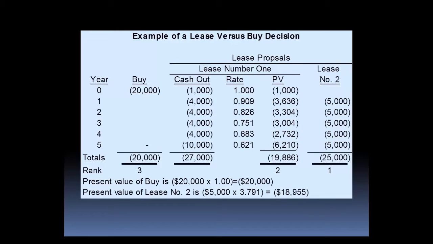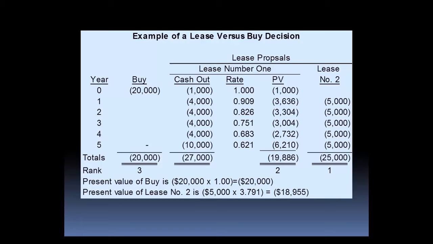Now let us take the reverse and look at a situation where we're paying money out. When we're receiving money, we want to get it back as fast as we possibly can. But when we're paying money out, we want to pay it out as slowly as we possibly can. So let's take, for example, we're going to buy an automobile that is going to cost us $20,000. We may have the cash of $20,000 to lay down, or we may not. But either way, this analysis will work.